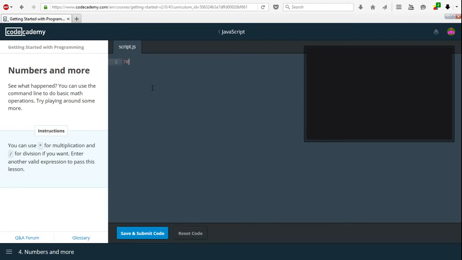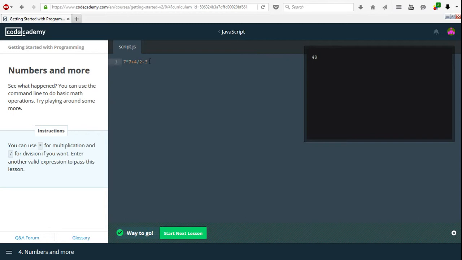So let's actually see if it does BIDMAS or if it just follows an order. Let's see that. Well, actually I'll do divide by 2, and then minus, I don't know, 3. 7 times 7, submit code, 48, let's see. 7 times 7 is 49, plus 2 is 51, 51 minus 3 is 48. So it does follow BIDMAS. If it didn't, then it would be 49 plus 4, 53, divided by 2 would give us